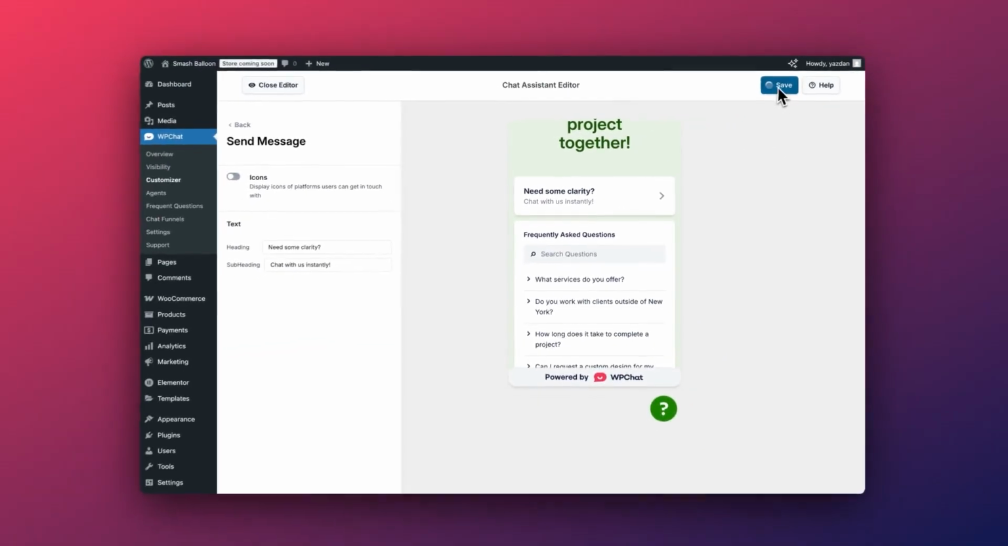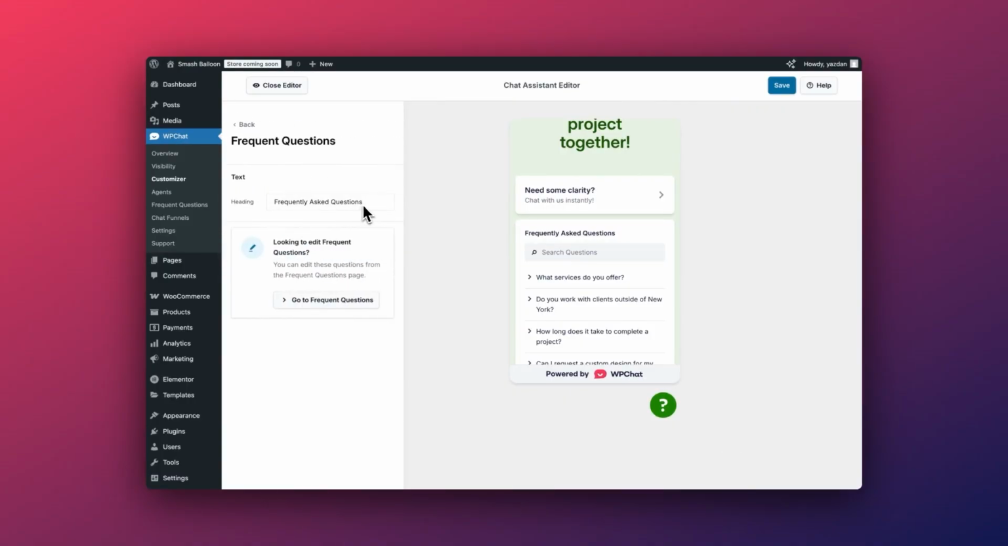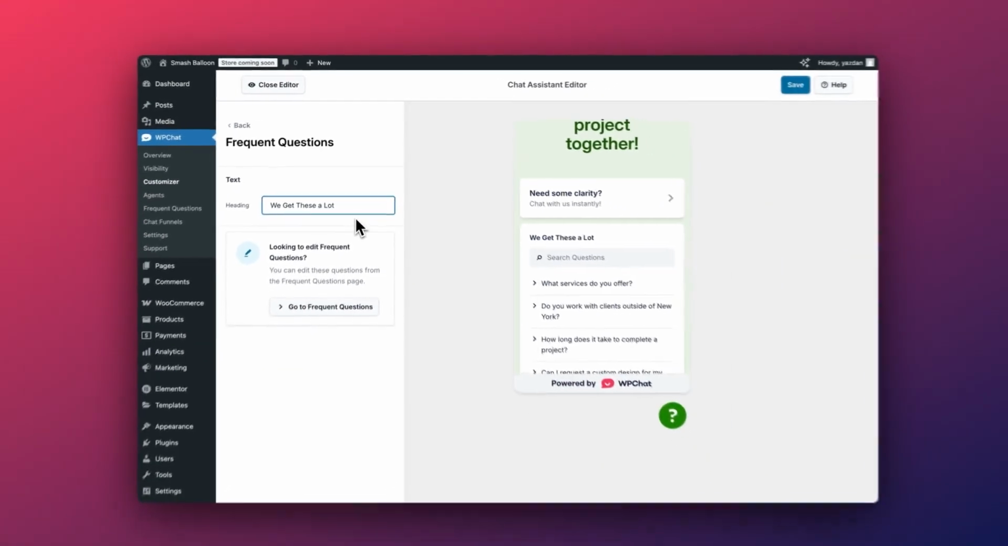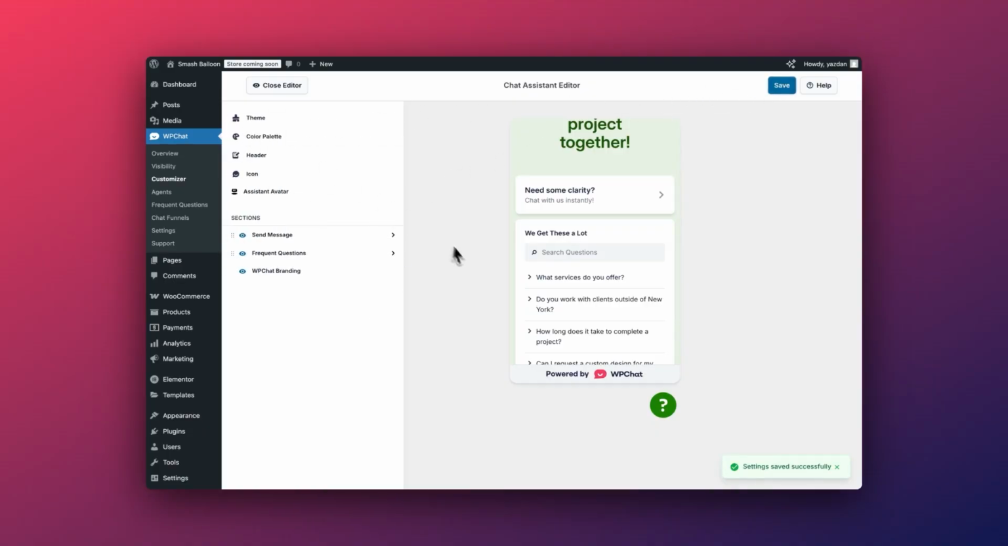So we can click on Save, then head back, or we can customize the label for the frequently asked questions as well. Just click here and customize the text inside this box. We can type in something like, "We get these a lot," to give it some personality and make it a little bit more fun. So we can click on Save, and last but not least, at the bottom, we have